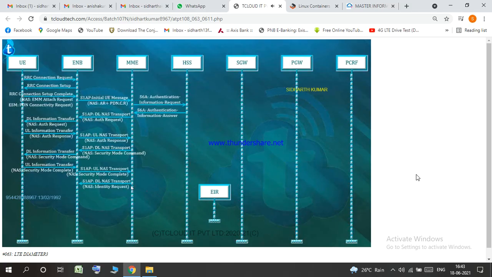MME sends another downlink NAS transport asking the mobile equipment for its identity, an identity request, nothing but asking for its IMEI number. It sends to the UE a NAS identity request requesting the IMEI number. So what happens? Mobile, as usual, forwards the IMEI number that is requested in the form of uplink information transfer and uplink NAS transport. We send an identity response,